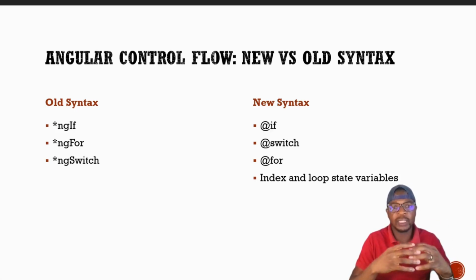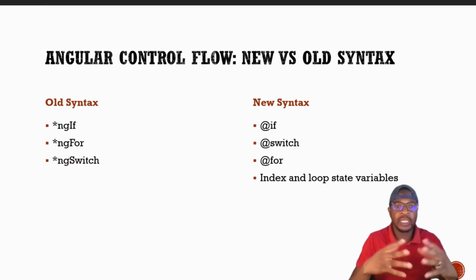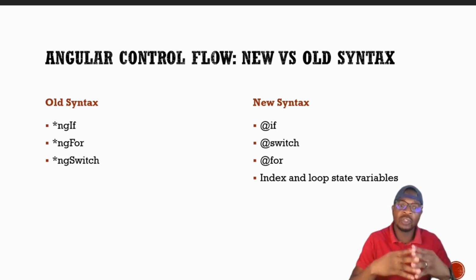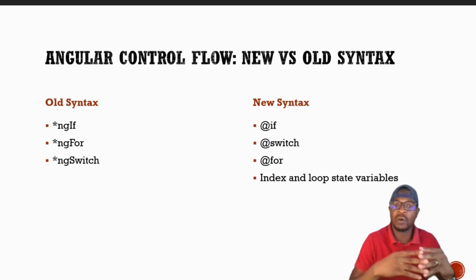These new constructs make Angular templates cleaner, easier to read, and closer to normal programming logic, similar to what we see in TypeScript and JavaScript. By the end of this lecture, you will be able to understand how to control the structure of your template